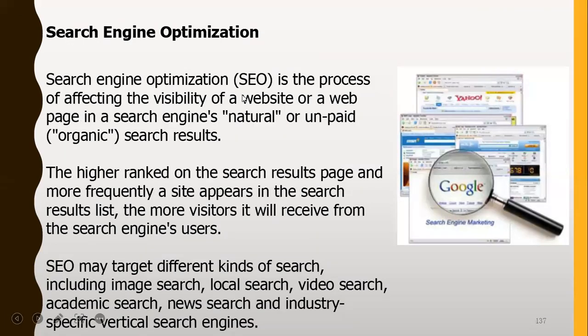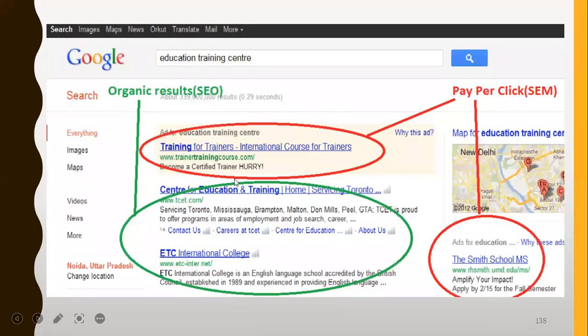So we said search engine optimization is the process of trying to affect the visibility of your website so that search engines can actually see your website. So you see, this is the ad, pay-per-click, what we've looked at before, search engine marketing. Whereas SEO is this green part here, the real content you have on the website, on the search engine result page. So we call this SERP, right?